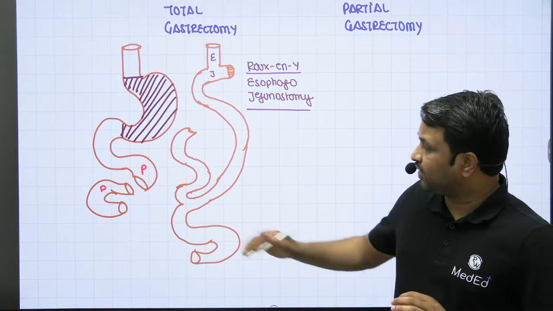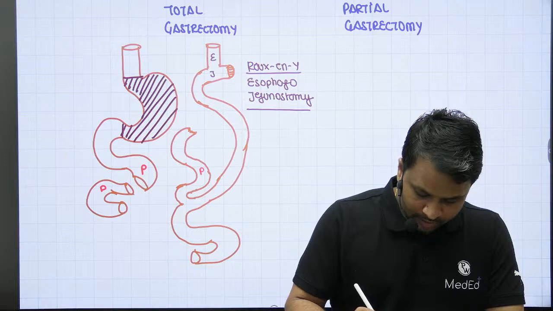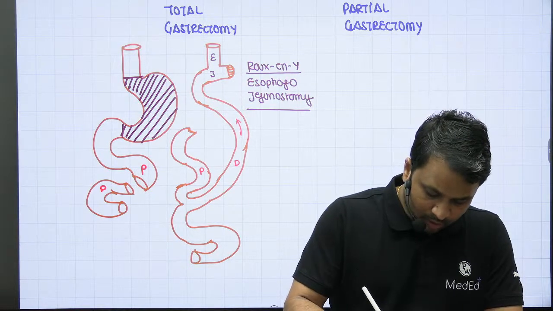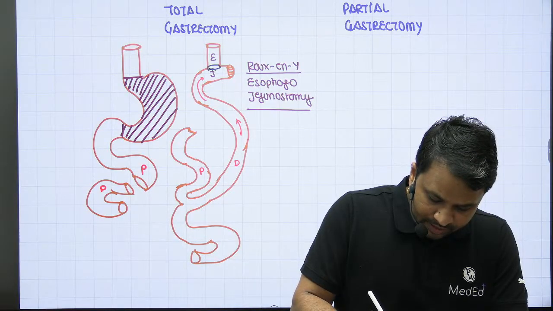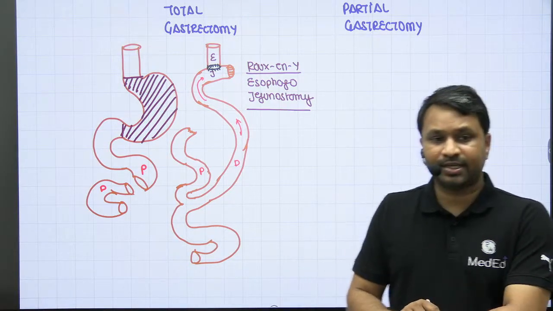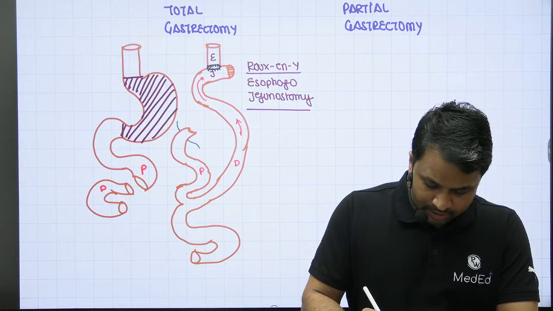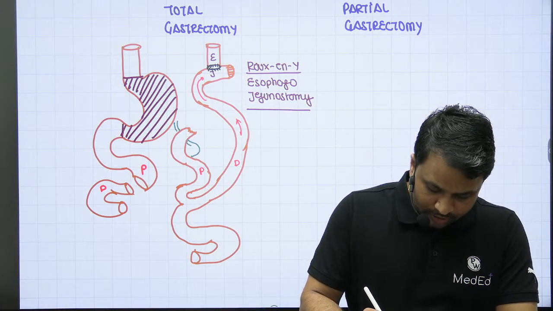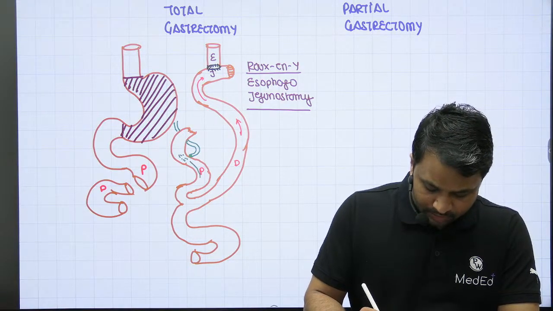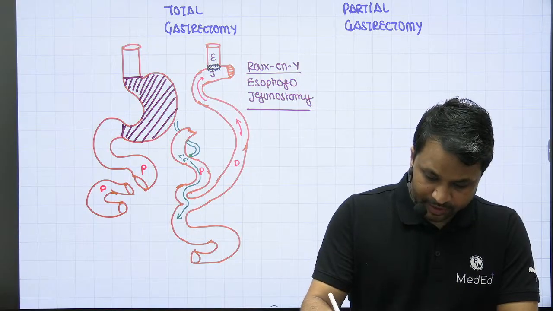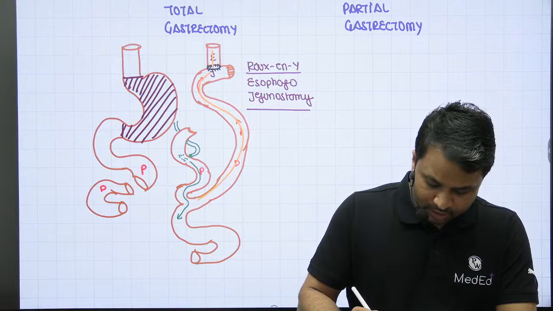So in the Roux-en-Y, you divided the jejunum into proximal and distal end. The proximal end is still left here. The distal end is taken up all the way to the esophagus, and at the level of the esophagus, they have made an anastomosis. This is what we call the esophagojejunostomy. Now, why you have left the duodenum here is because the common bile duct opens onto the second part of the duodenum. So you want the bile to flow across here so that the bile can go into the food. Whatever the patient eats comes from here, enters this part of the jejunum, and together it can travel.